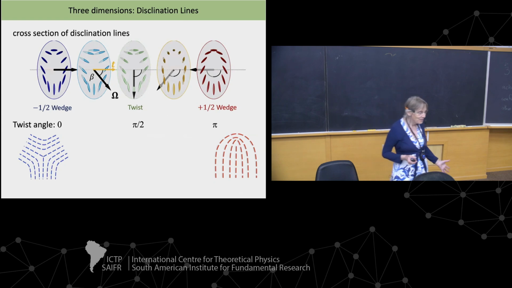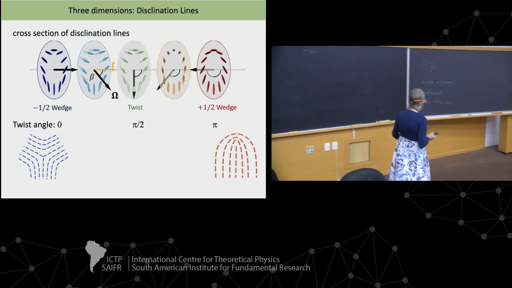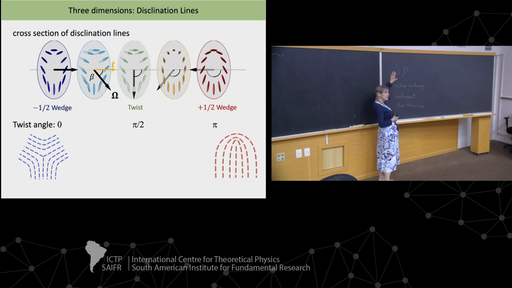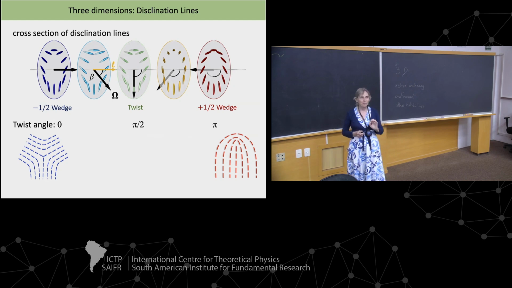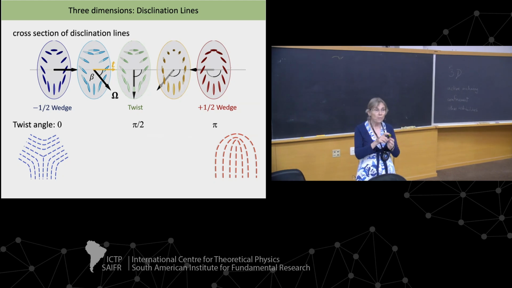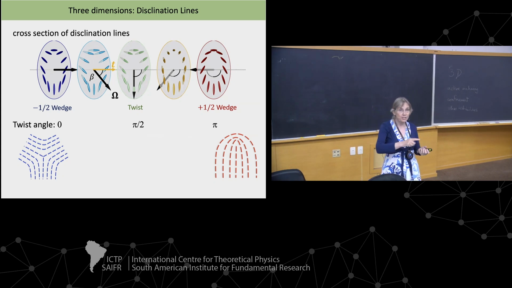Okay, so now we better do some real work. I've talked about 2 dimensions. How are things different in 3 dimensions? And let me just tell you the punchline. The punchline is that really active turbulence is pretty much the same in 3 dimensions. The difference is that instead of having topological defects which are points, you end up with things called disclination